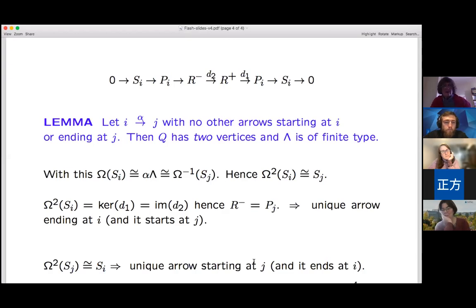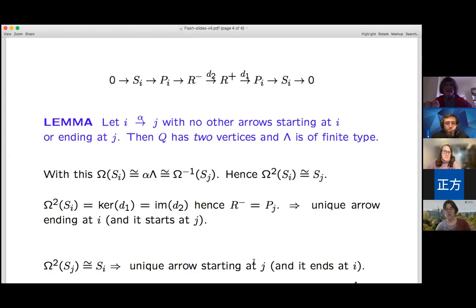So, okay, with this assumption here, omega of the simple module Si is just generated by alpha, right? But also omega inverse of Sj is generated by alpha. So this tells me that omega of Si is isomorphic to omega inverse of Sj, and therefore you apply omega to that and you get omega squared Si is Sj. Well, that's a very strong thing, because